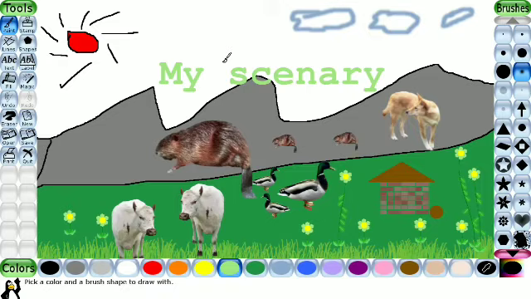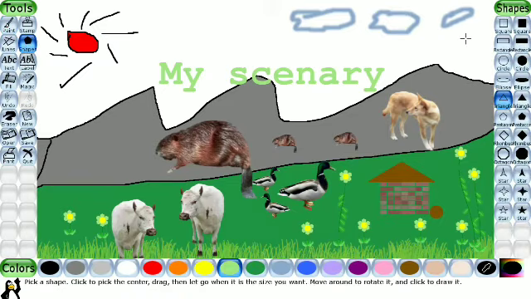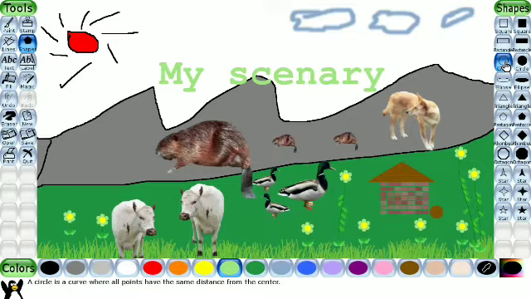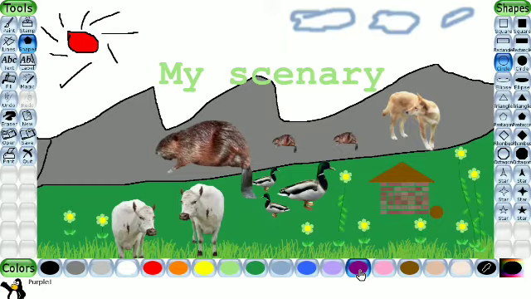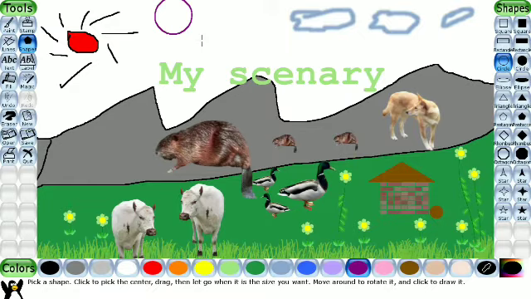Then if you want to draw any shapes, one shape you already drawn, that is triangle. If you want to draw any other shape, you can click on the shape tools. Now on the selector window, you can see almost all shapes are there. If you want to draw a circle, select the circle, and what color you want for the circle, that color you have to select from the color palette from the bottom side, and click and drag. Okay, now you can see that color.